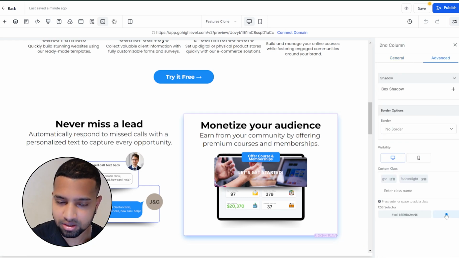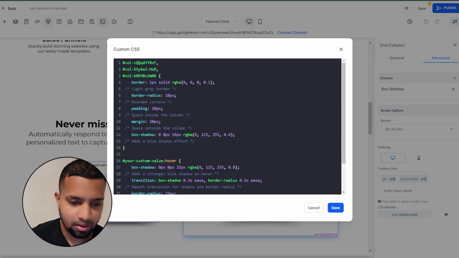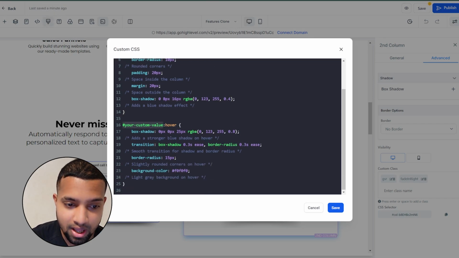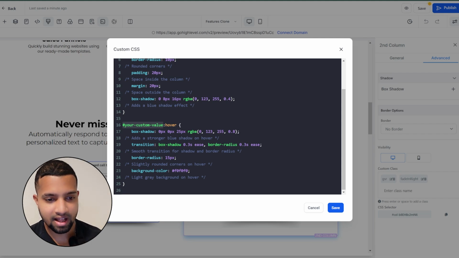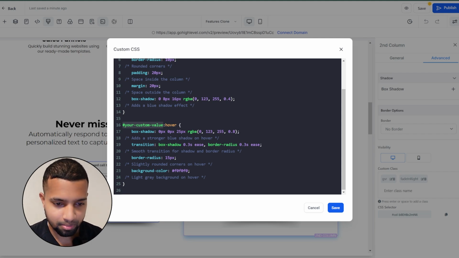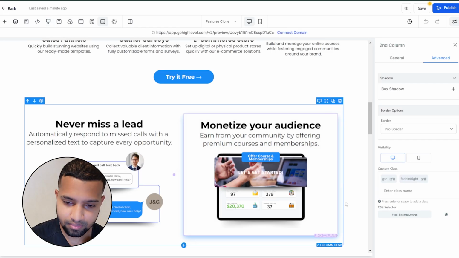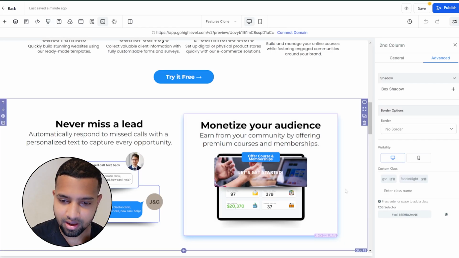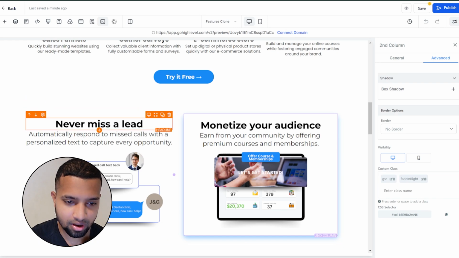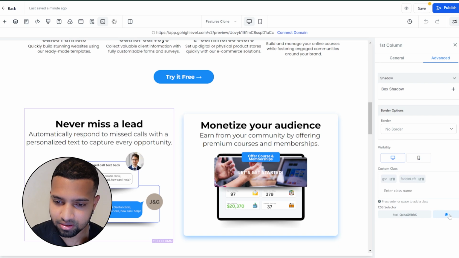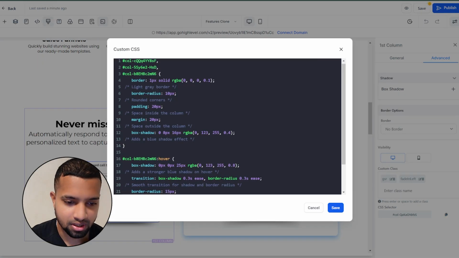Select the CSS selector and replace the value. Don't replace the whole thing, just replace the value which is in light green. Don't make the mistake. And voila, look at that. And if you want to add another section on this, copy this, advanced CSS selector, go inside the custom CSS,